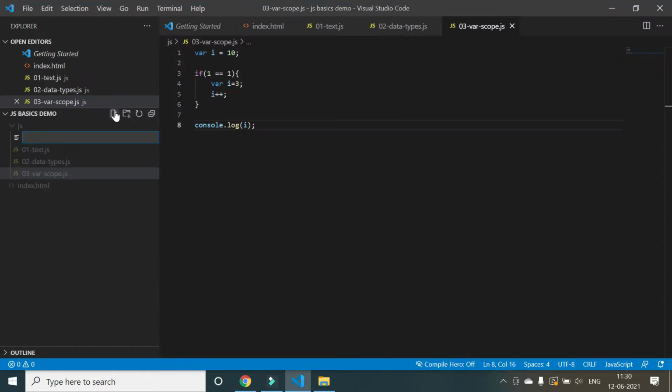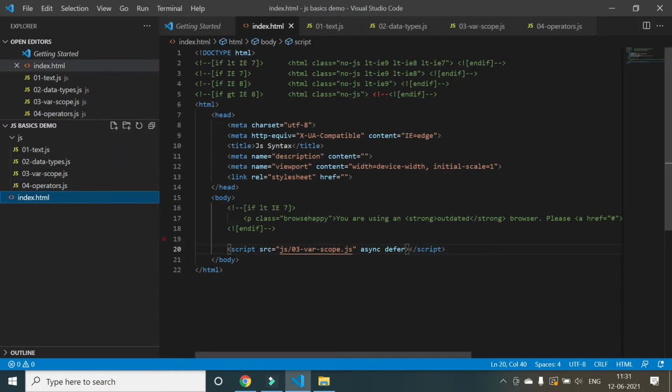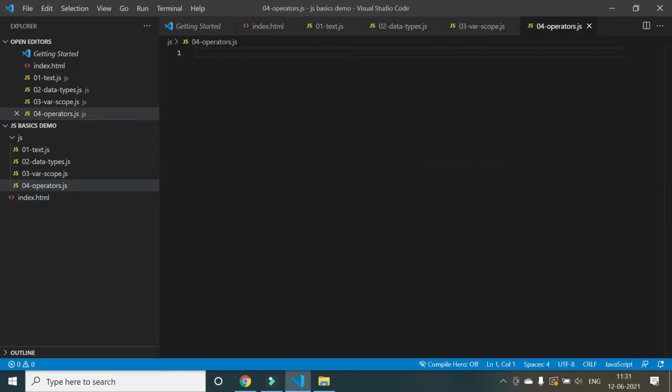Let's create a new file here, 04 operators.js, and change the file name here so that we map it to the new JS file. Okay, so let's start the coding.